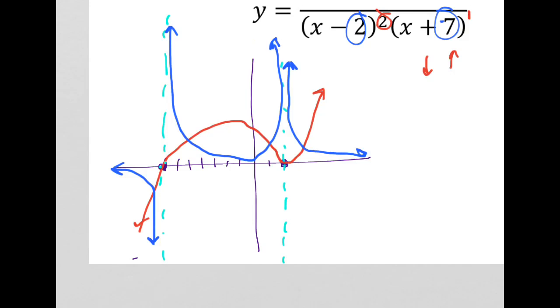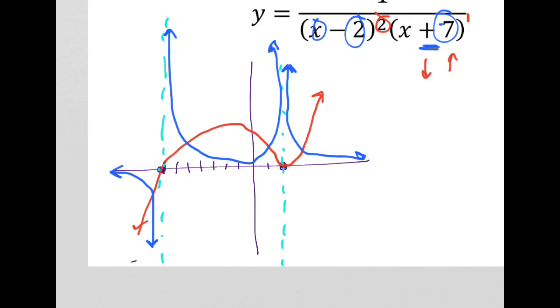So you could test a point. For example, we know that the leftmost zero is happening at negative 7, so try a point to the left of it, like negative 8. Negative 8 plus 7 is a negative number, so that factor is going to be negative. And notice any x value from this factor is going to give me a positive value because of that exponent